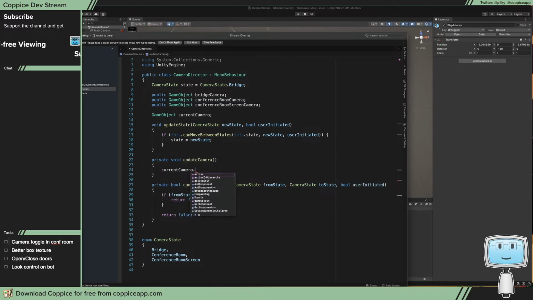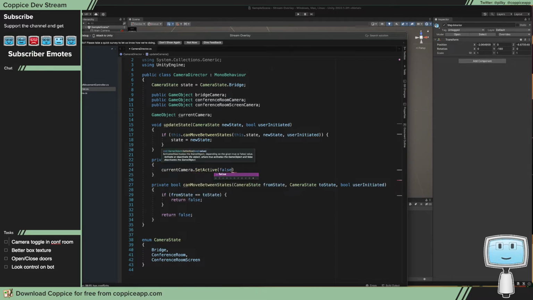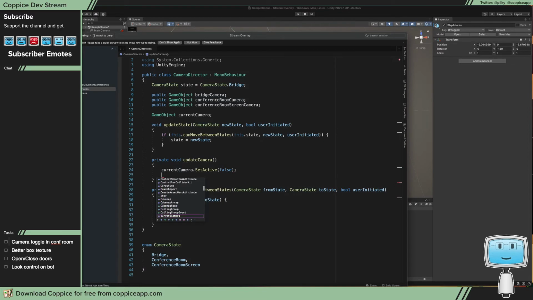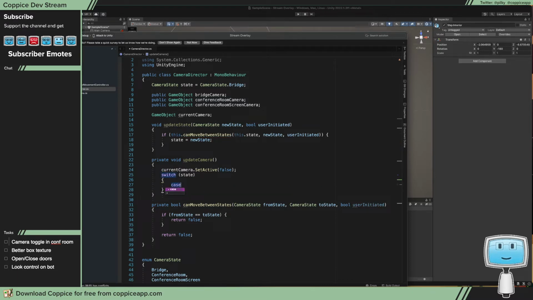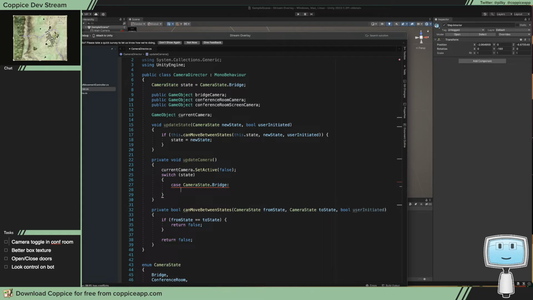And what we're going to do is current camera dot set active false. I'm going to switch on state. Case bridge is going to be do